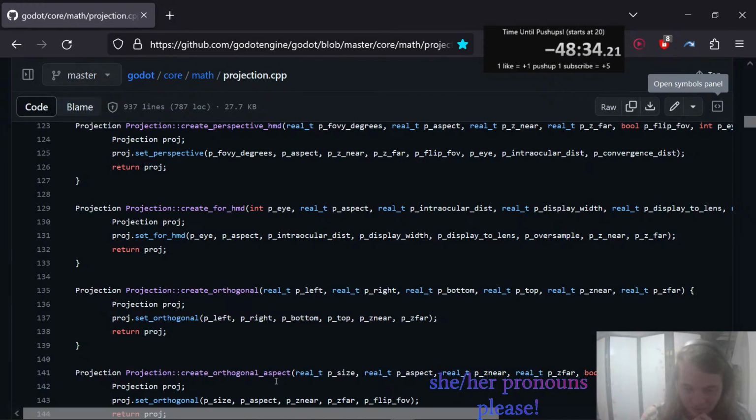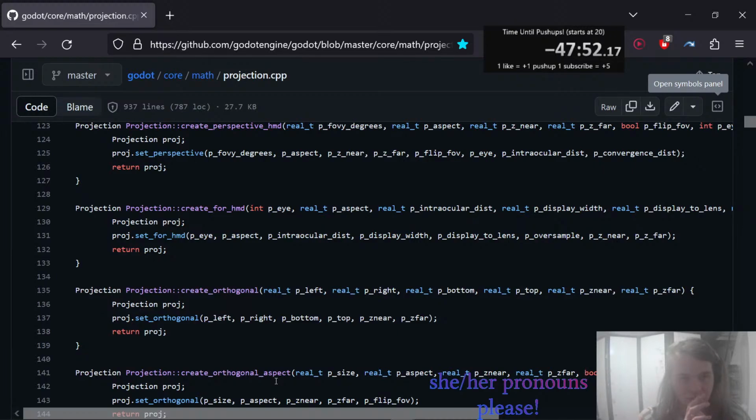And I've heard that back in the old days, when computers were far less useful, people occasionally printed out the source code and looked through it in a binder with a marker to find the error, because syntax highlighting wasn't a thing yet. But in the modern day, it's kind of silly. All right. Anyway, return proj semicolon right curly